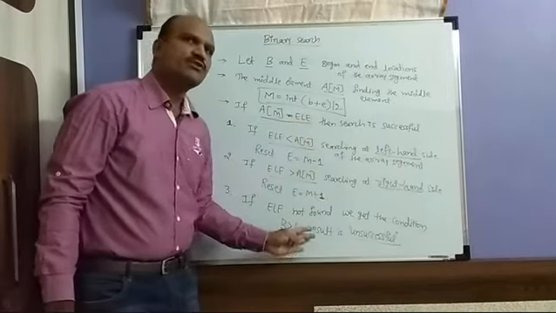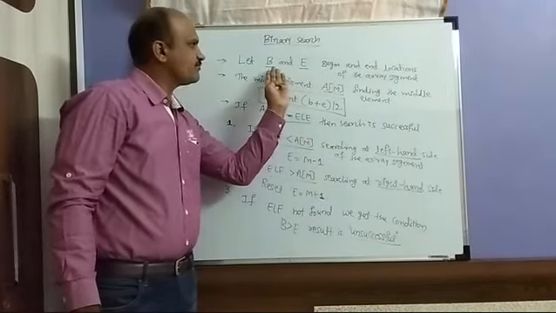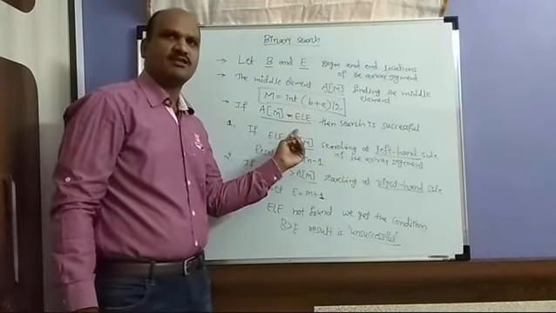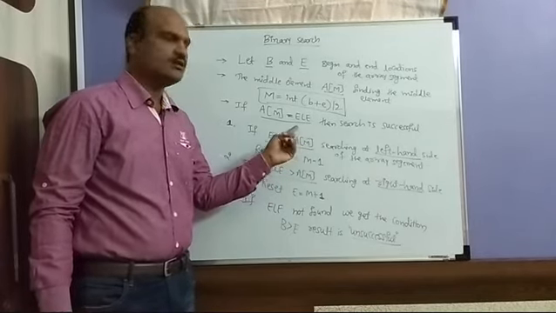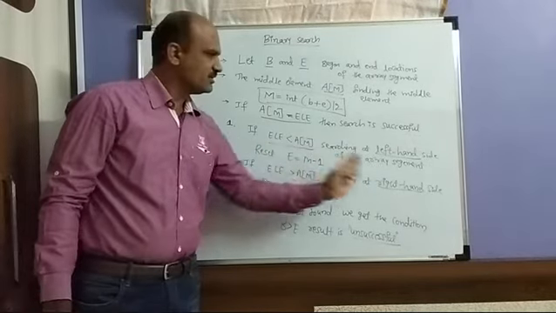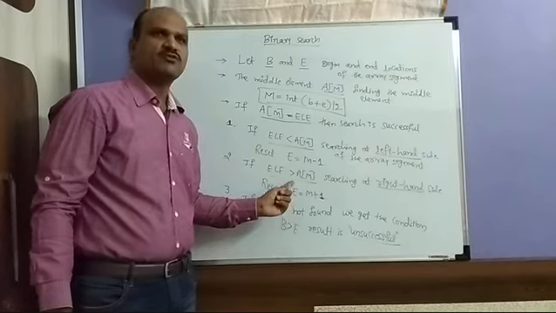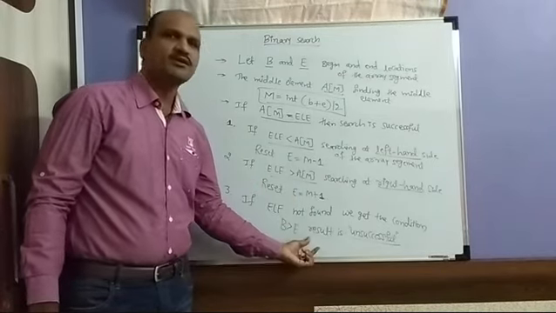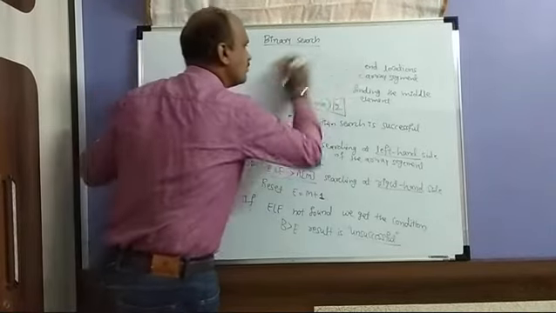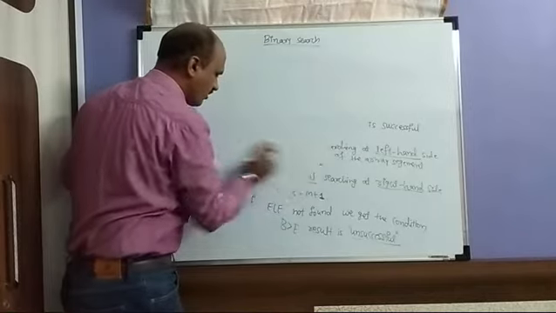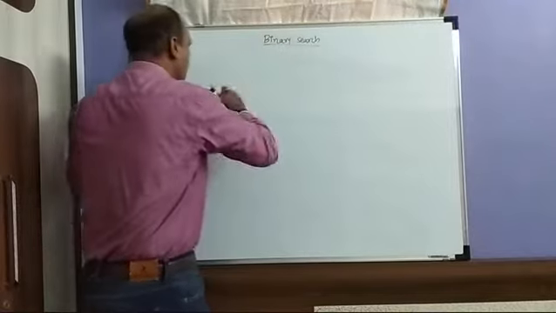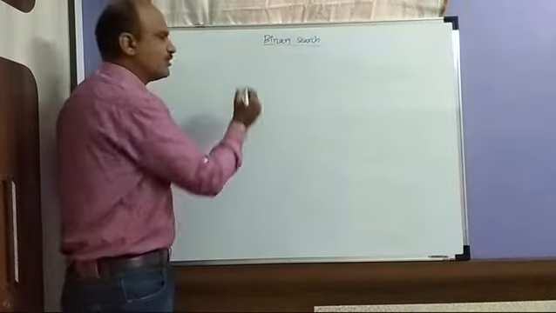So first you have to see the begin and end location, then find the middle element. If the middle element is the same, then automatically it will be successful. Otherwise you go for the left hand side when the condition is less than m, and the right hand side when the condition is greater than m. If the element is not present, the result will be unsuccessful. Now we will go for the algorithm: how exactly we will write the algorithm using all these conditions. It is very easy, but you have to find the middle element first. So we will start the algorithm.